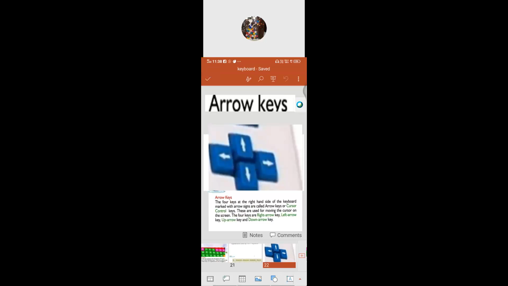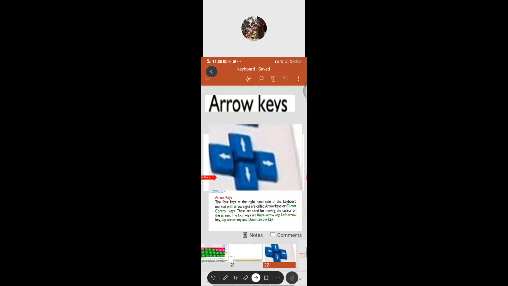Arrow keys. You know well these arrow keys, isn't it? You can consider the four keys at the right hand side of the keyboard. Can you see that one? Yes, marked with arrow sign are called arrow keys or cursor control keys.